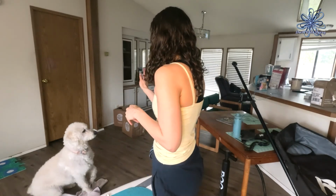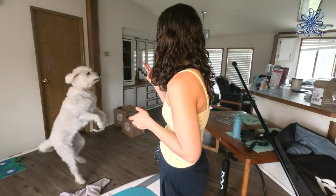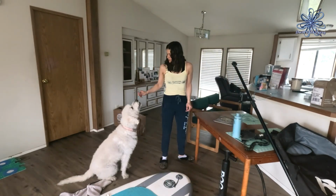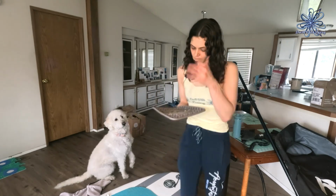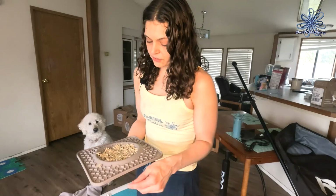Sit, stay. Waffles, can you speak? Okay, sit. Good girl. Good girl. Sit. All right, so you can either take a lick mat and put some fresh food on it like we have here,